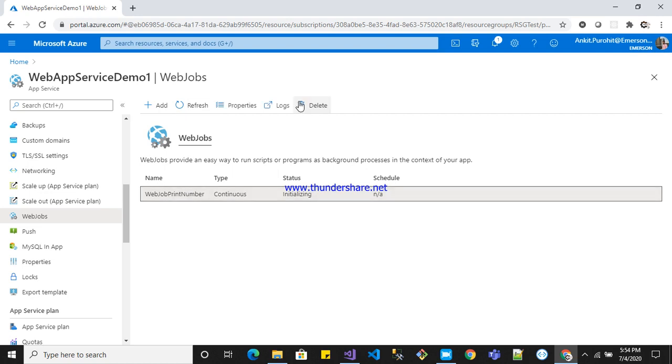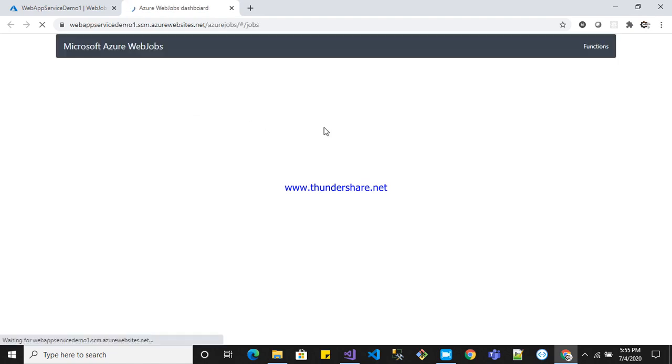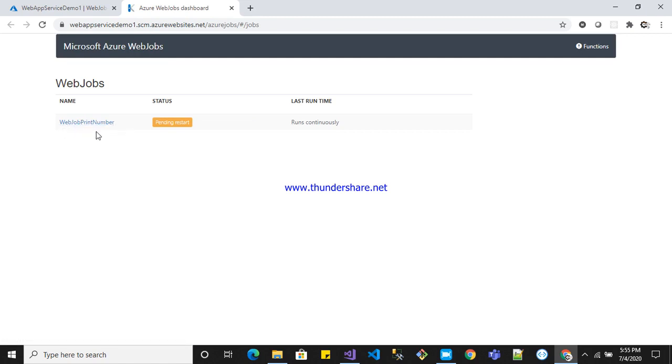Now if you select it and go to logs, it will give you a UI for that particular web job, showing how many web jobs are running continuously, and their events or their information. So let's check here. Okay, so you can see the web job name is web job print number, it's pending restart, and the last run time runs continuously. So just click it,